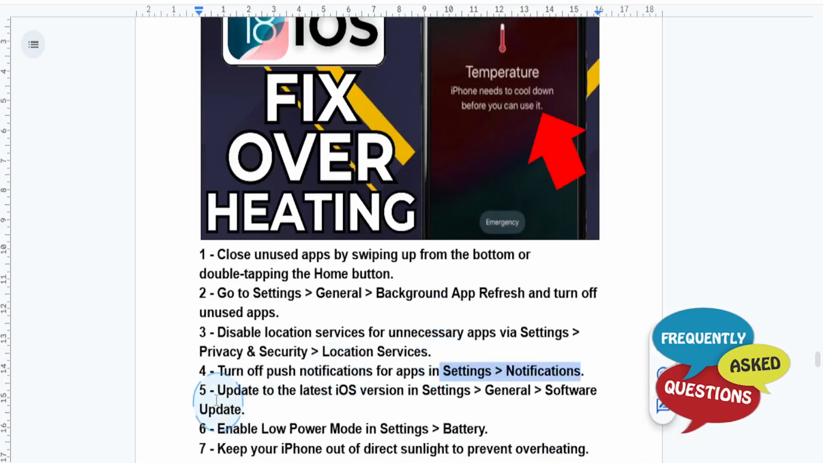And of course, what we can also do is update the iOS. So outdated software can sometimes cause overheating. So go to settings, go to general, click on software update, and make sure your iPhone is running the latest